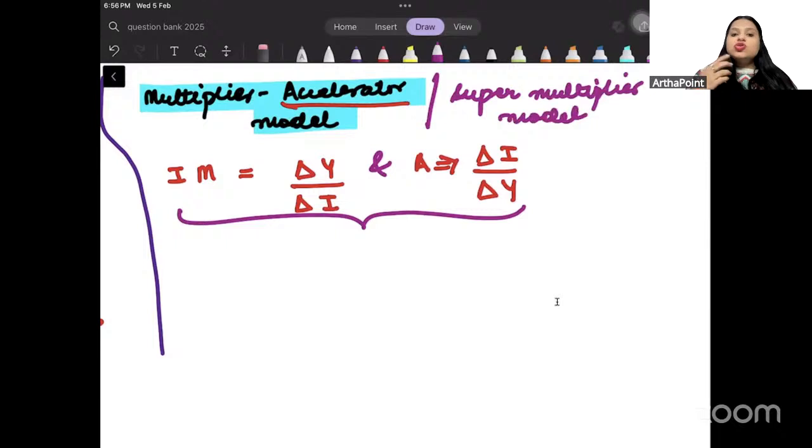Okay. So what is super multiplier model? Combining the effect of multiplier and accelerator together. The combined effect of multiplier and accelerator together. जब हम दोनों के effect को combine कर देते हैं, what we get, that is called as the super multiplier model, also called as the multiplier